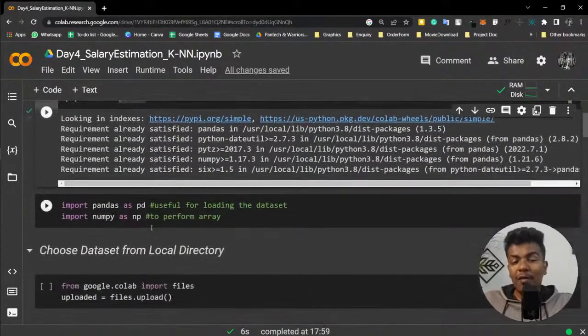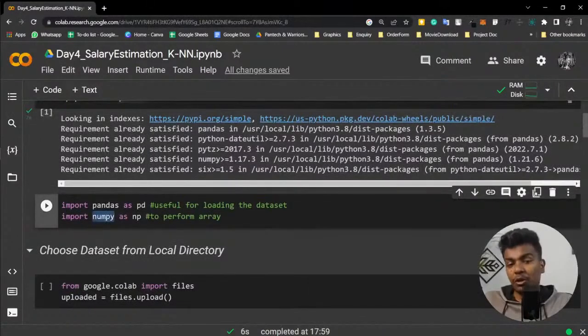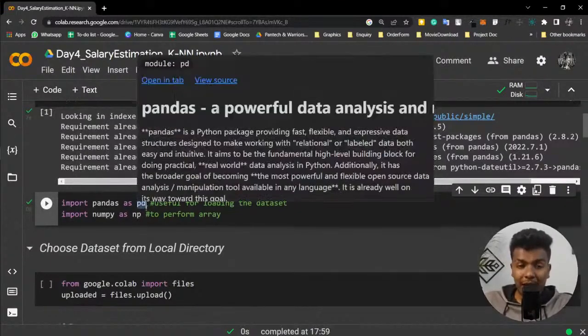Now we are going to be importing 2 different libraries. One is the pandas library and another one is the numpy library. Of course, you already know that. You don't need to call the pandas library by the keyword pandas each and every time. That's why we are just going to assign an alternative name, pandas as pd and numpy as np, so that you can call pandas by the name pd and numpy by the name np. That's what it's all about. If you run this, we are just importing 2 different libraries.